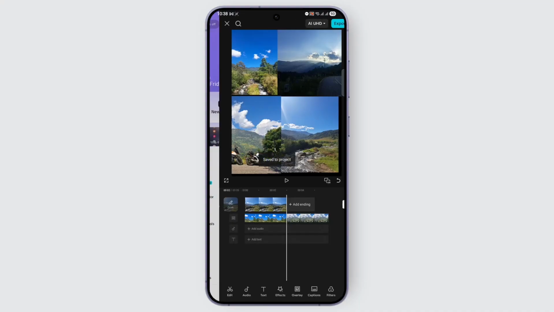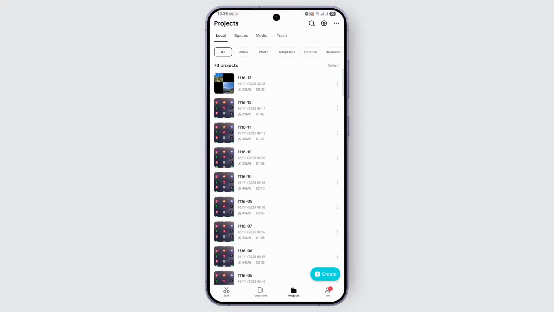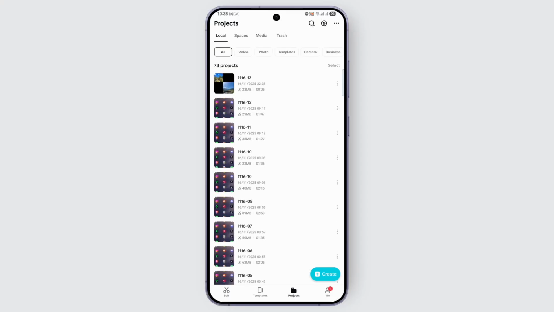So let me just quickly go back here. And to find your projects, you can find the projects tab at the bottom right. And I already have some projects here. So what I'm going to do is, let's say if I want to share this first project that's on my